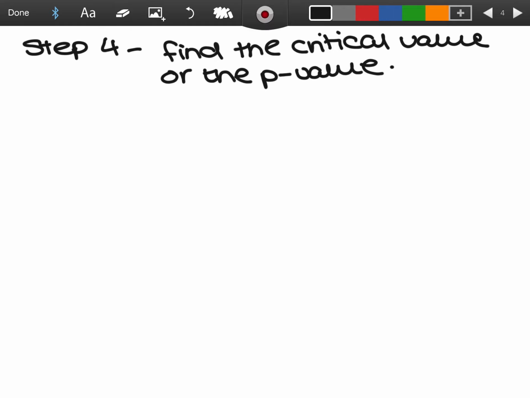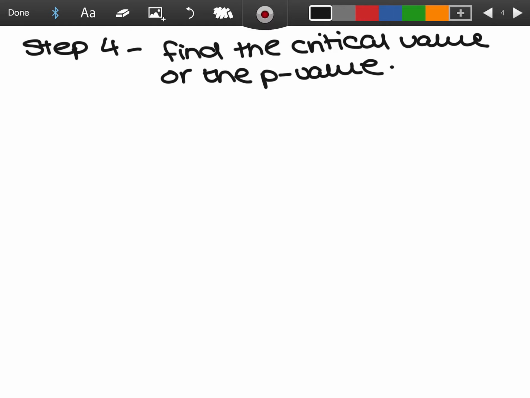P-value comes from your calculator, so that one's super easy. If they ask you for a critical value, okay, I would not recommend that you go ahead and find the critical value and compare it to the test statistic and then come up with your conclusion that way. I wouldn't do that, but if they do actually ask you for a critical value, the easiest way of doing this with chi-square, because it does not look like our normal distribution curve, because it is skewed,